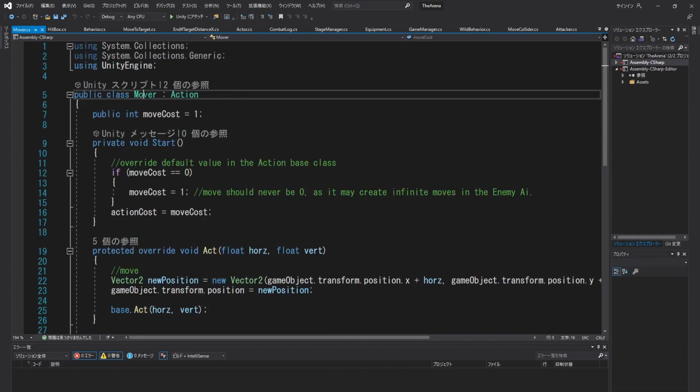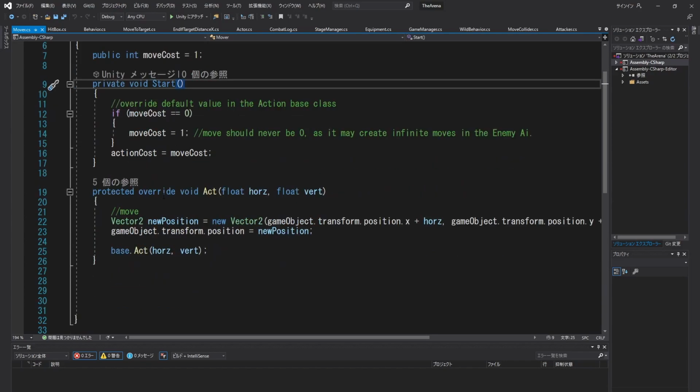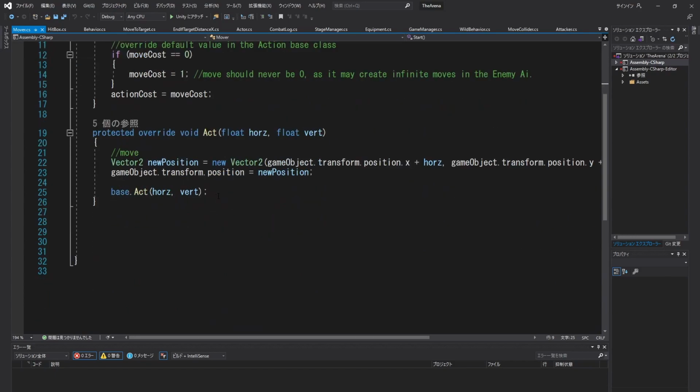I ended up changing the mover and turning it into a script that inherits from action, because in the future we're going to have movement, and we're going to have attacks and range attacks, and I think even a pass action and just various actions. So I kind of switched things around so that all actions just share the basic same script, and then you just branch off depending on what type of action it is. So don't worry too much about the stuff that's written here,